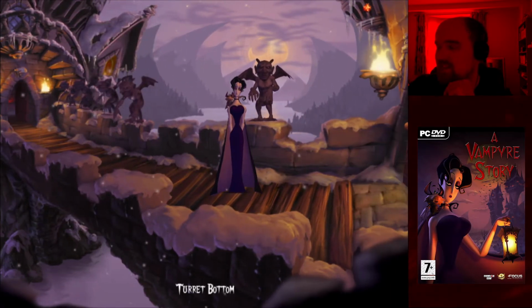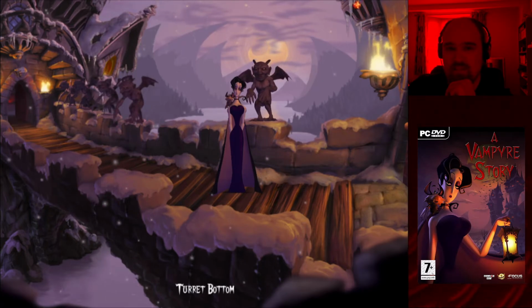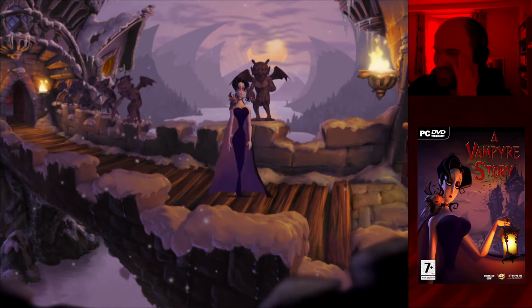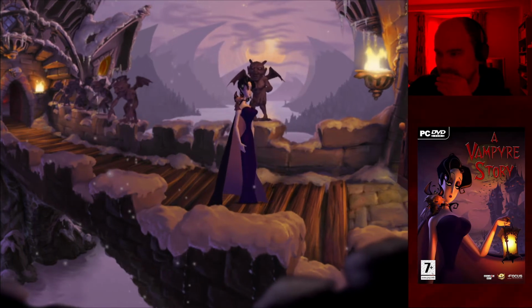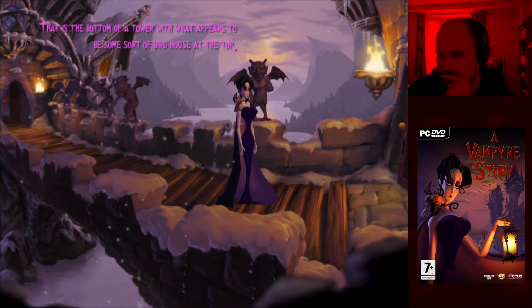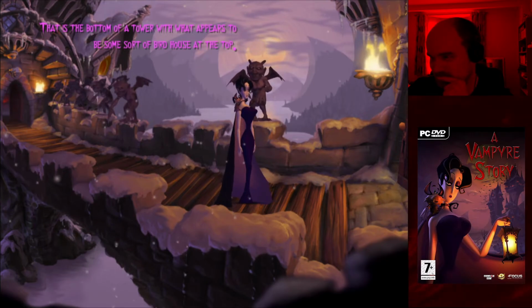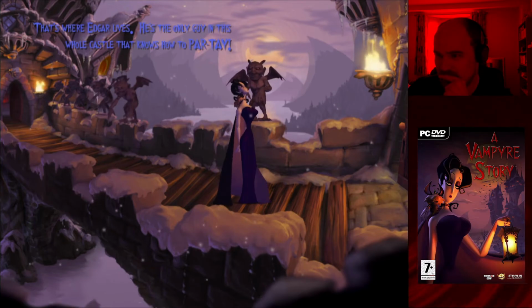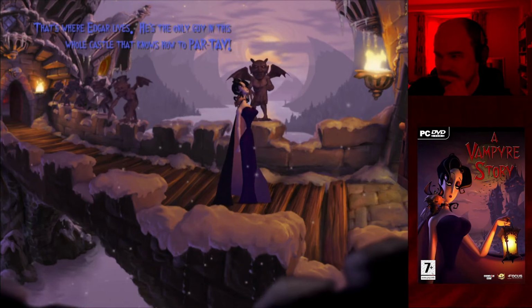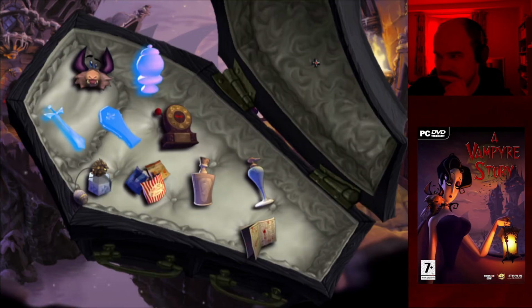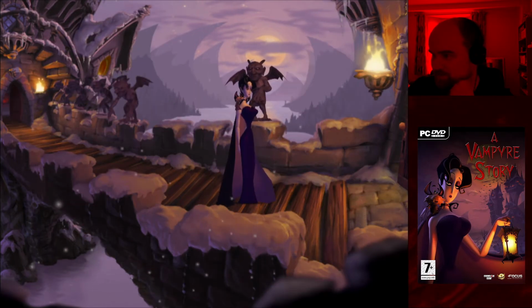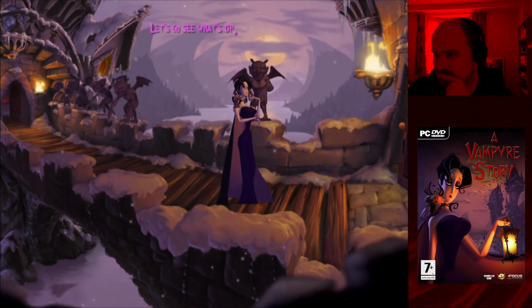So yeah, it's this. Like, how are you supposed to realise that? That's the bottom of the tower with what appears to be some sort of birdhouse at the top. That's where Edgar lives. He's the only guy in the whole castle who knows how to party. Okay. So let's fly up there then. Let's go see what's up.